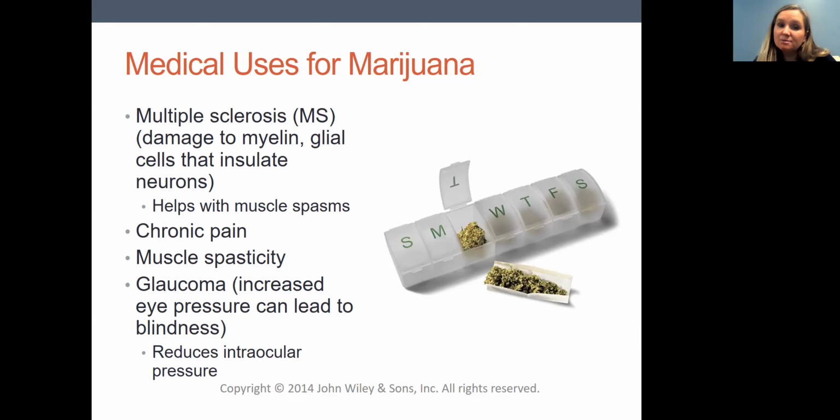So increased eye pressure, glaucoma can be very dangerous. It can actually lead to blindness. And in individuals who use marijuana, the pressure in the eyeball is reduced. That intraocular pressure is reduced. And so that can be helpful. If you look at different published studies on glaucoma, though, there's sort of a mixed response from physicians who treat glaucoma. So in some cases, they don't consider this as the first way you would want to treat glaucoma in a